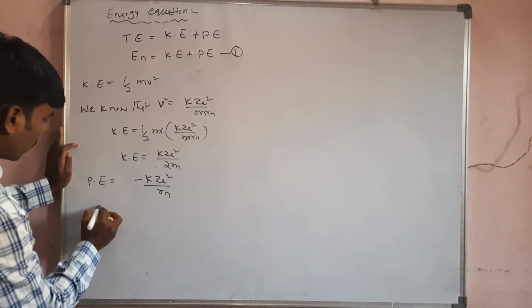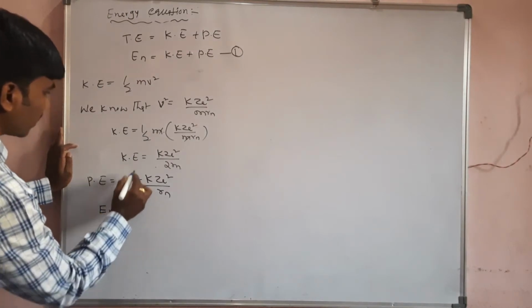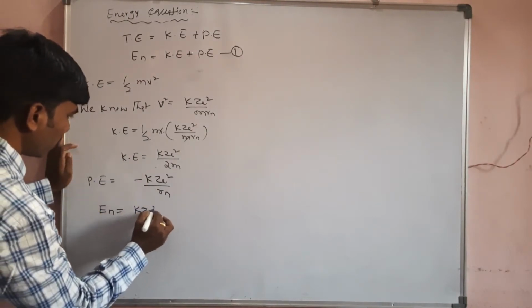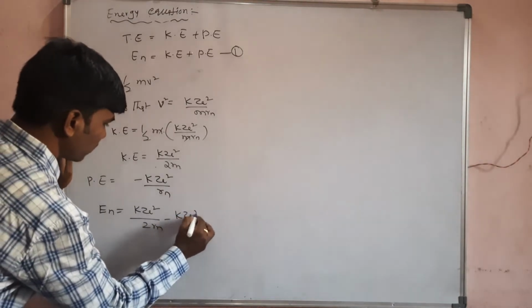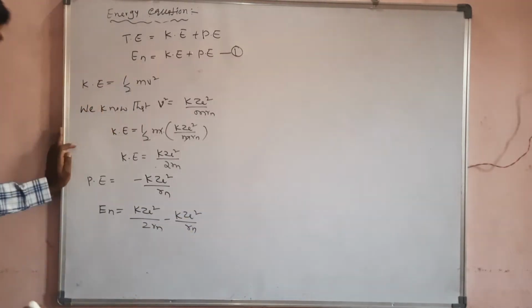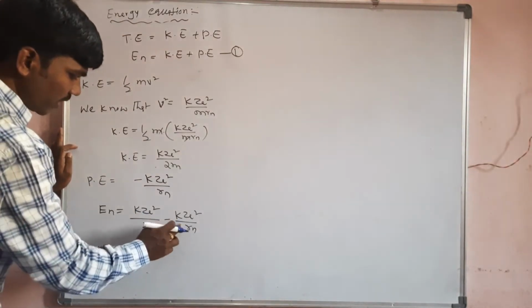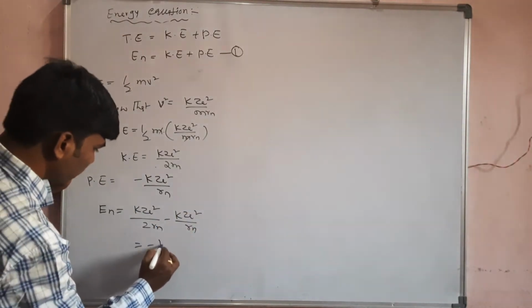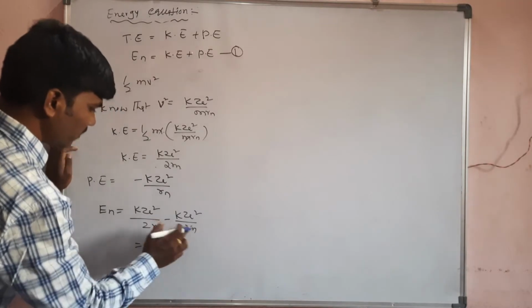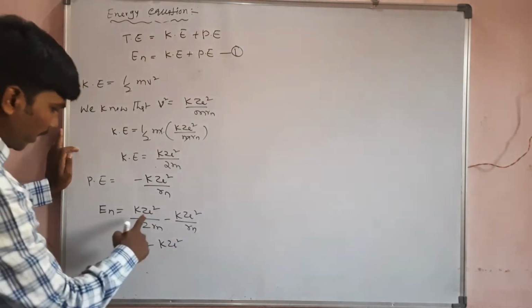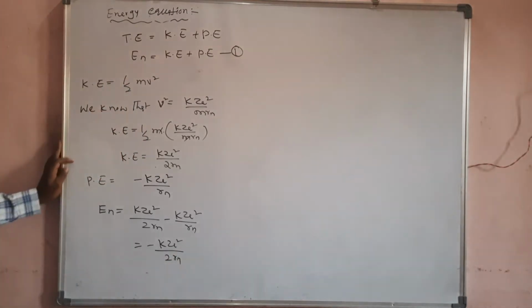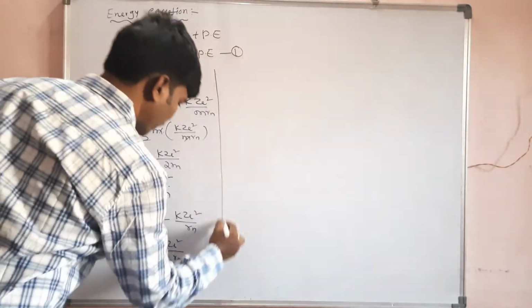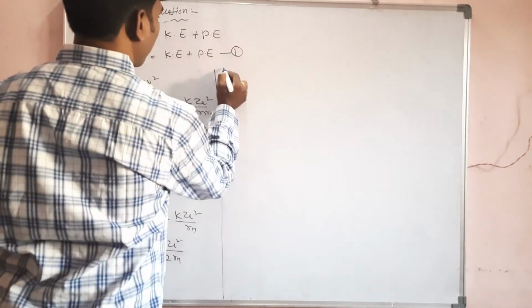Then total energy En is equal to kZe square by 2Rn minus kZe square by Rn, right? Half minus 1 means minus half, so minus kZe square by 2Rn. But we know that Rn is equal to